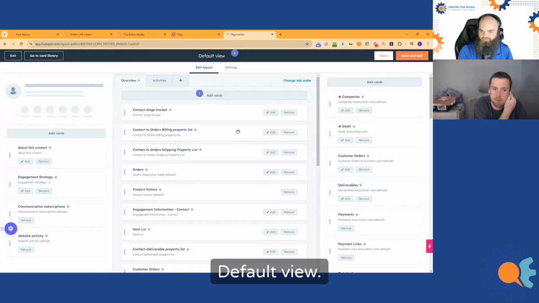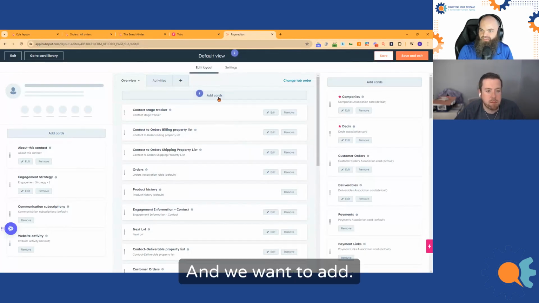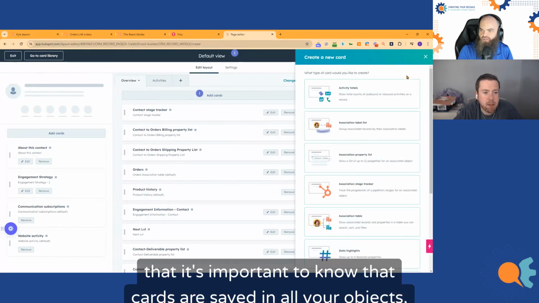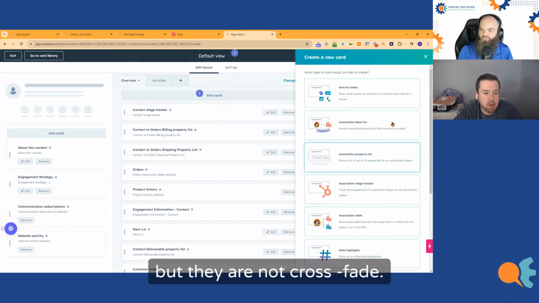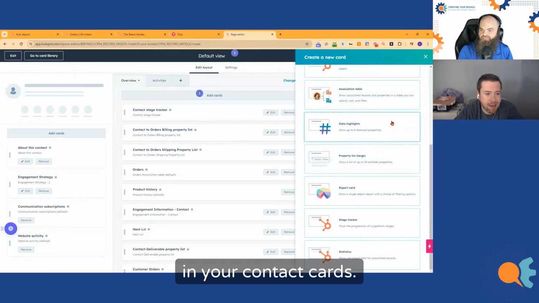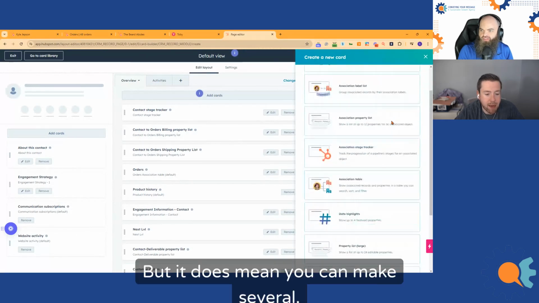Default view. And we want to add these cards. It's important to know that cards are saved in all your objects, but they are not cross-saved. If you make something in companies, it's not going to show up in your contact cards. But it does mean you can make several.